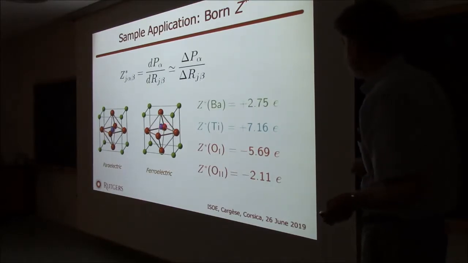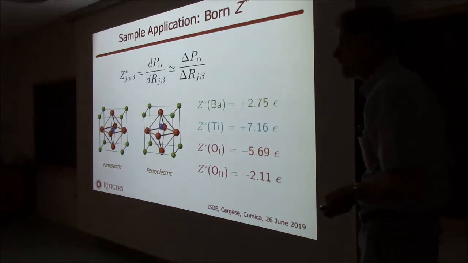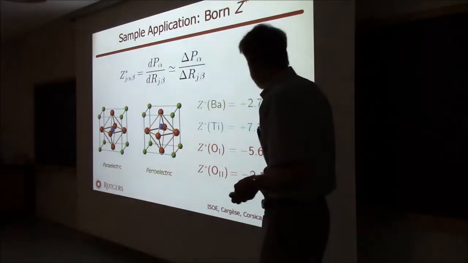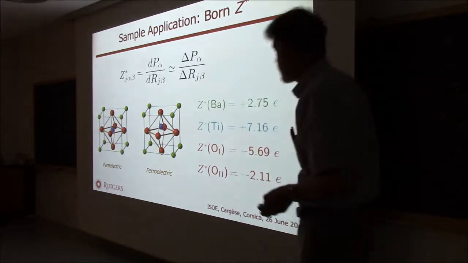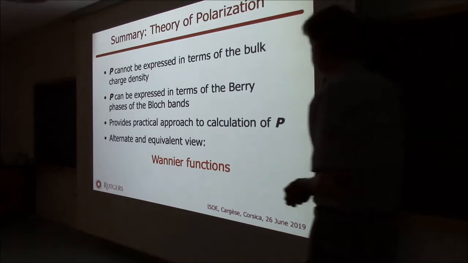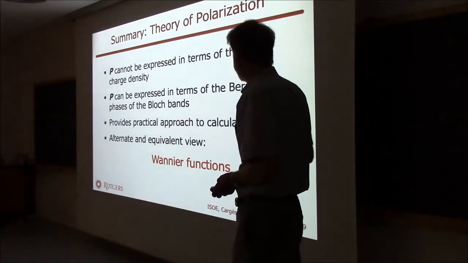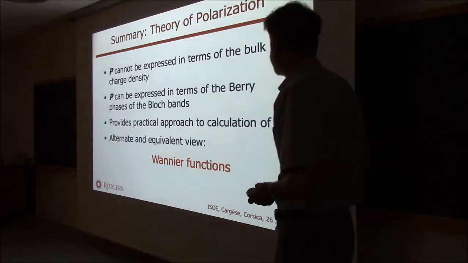Here's the oxygen in the apical direction. Instead of -2, it's like 3 times bigger. And then in the oxygen direction, in the other 2 directions, it's more of the nominal effective charge. Okay, so the summary so far, polarization can't be expressed in terms of the bulk charge density, but it